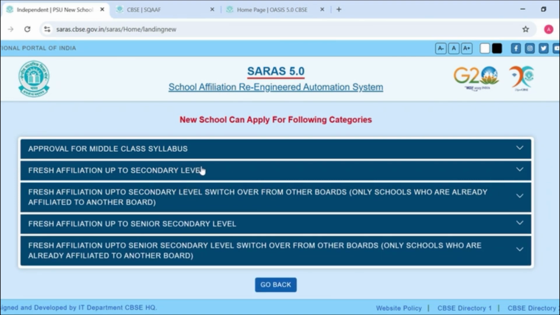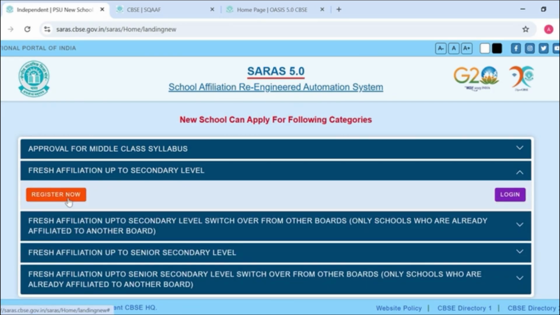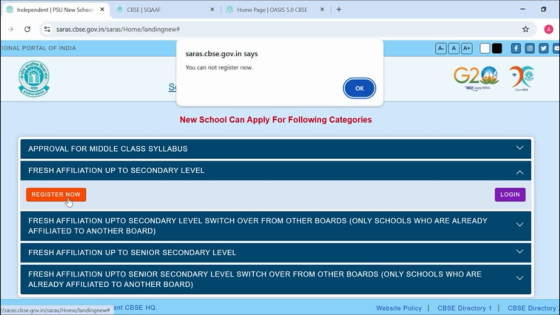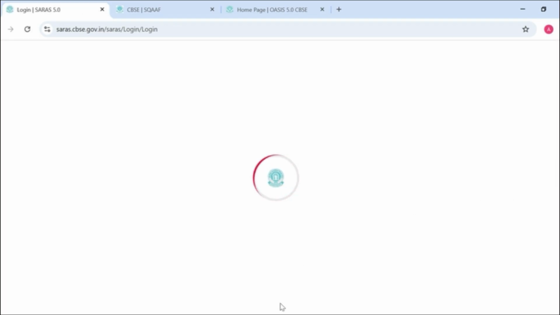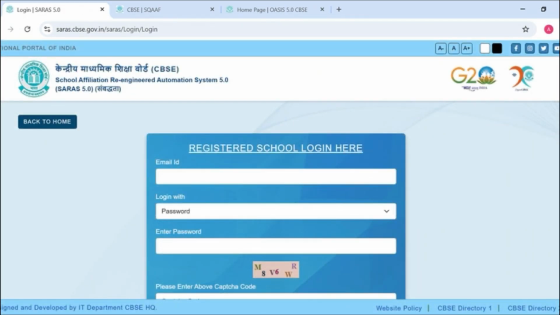If you are applying for a fresh affiliation up to secondary level, click the link and select the Register Now option. However, if the registration window is closed, you won't be able to proceed. You will see a scroll message when the portal opens. Once you access the portal, you will need to complete the process step by step.